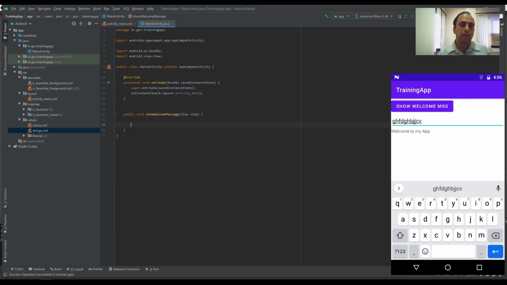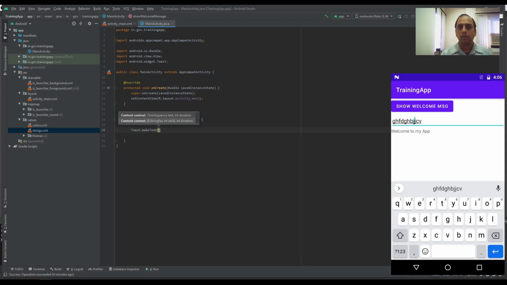Okay, and here let's say I want to show a message, and in Android very small messages which are shown in a dark oval shape kind of thing are called toast. So type Toast.makeText. MakeText will create the toast with the background, with the foreground and text inside it.